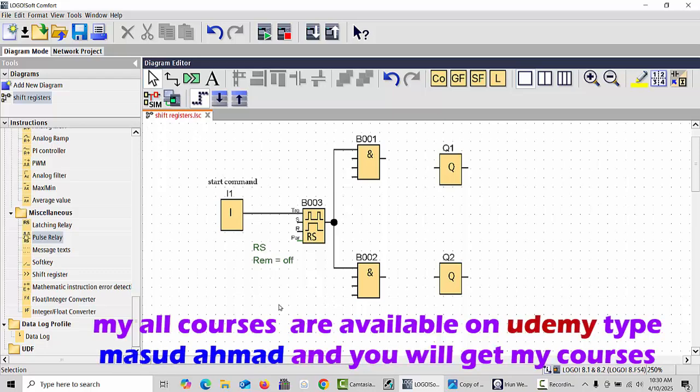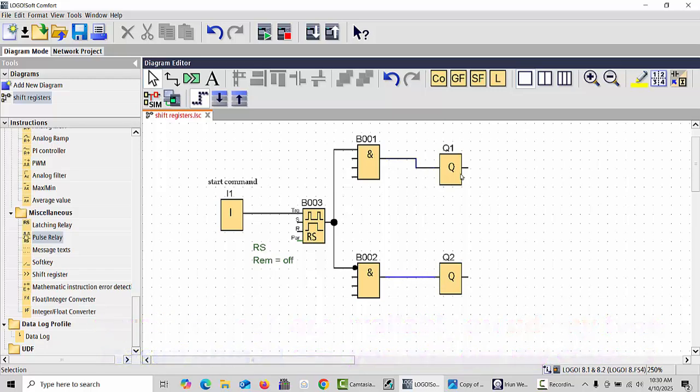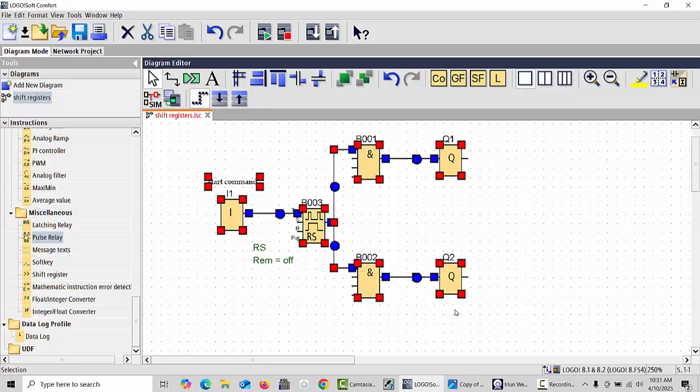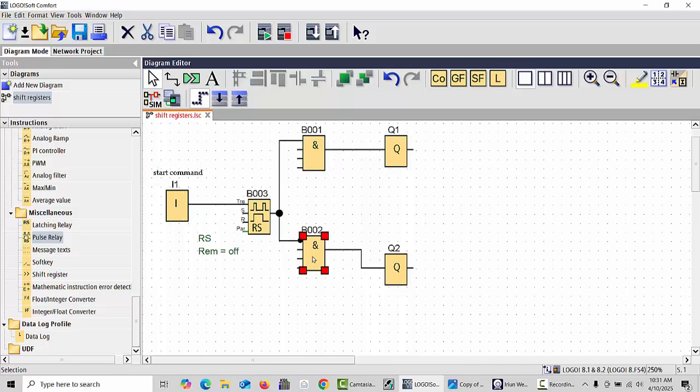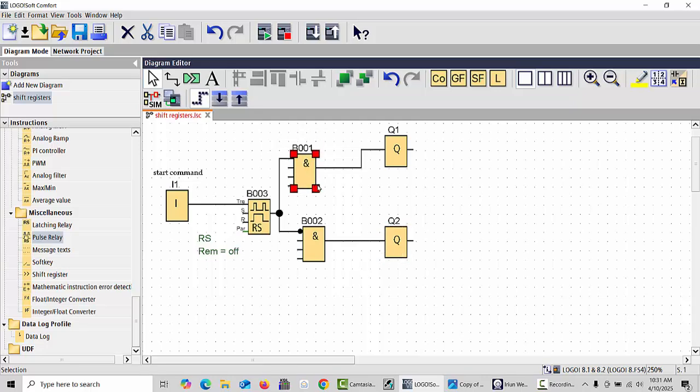And what's the most important, one of these AND operations needs to be inverted. Okay, one is closed, one is open, and connect this output with the output. This is your output. Okay, you can also arrange all of it, and if you would like to make the program a little smaller, you can arrange it like this. Okay,